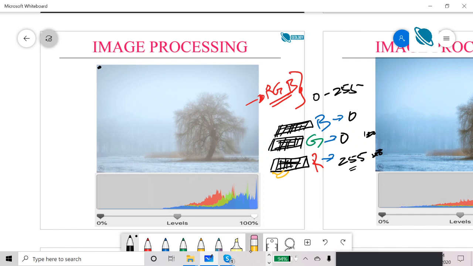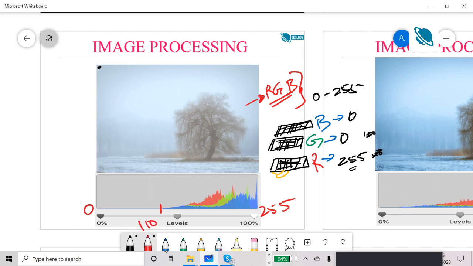So what you can do here is process this image to digitally modify it, so that you can extend this red histogram, for example, to this range. Similarly, you can extend the green histogram to this range, and the blue histogram also. Now you are making use of all the possible values, which can vary from 0 to 255. Here they are varying maybe with minimum values close to, let's say, 110.